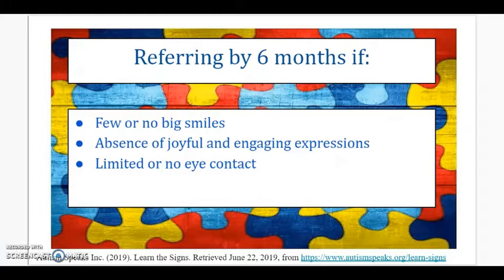So we're going to talk a little bit about the different developmental milestones across certain ages, and if we're not seeing certain things, or if we are seeing certain things, those could all be indicators that the child would have an autism diagnosis and would need some kind of further evaluation to determine whether or not there is a diagnosis to be made. So by 6 months, if the child isn't smiling, no big smiles, or it's very infrequent, if there aren't joyful and engaging expressions between the mother and the child, or really anybody, no eye contact or really limited eye contact, that would be a time that you would want to make a referral to a physician or another professional